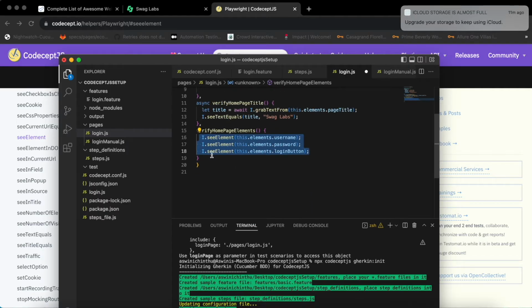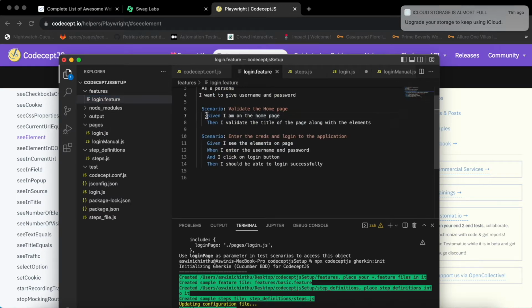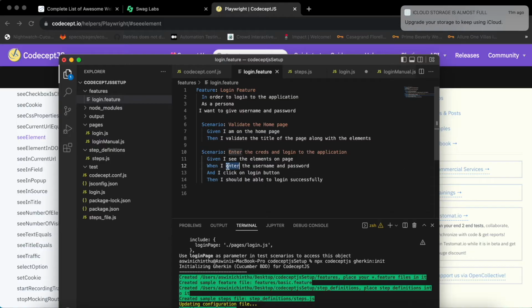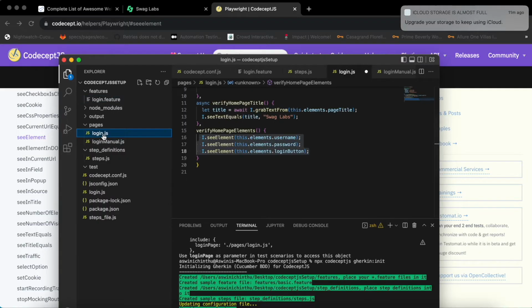Okay, and here, till here we have completed, and then this one, I see the elements on the page. I think this particular step is not needed, as we are validating everything here. So we can just follow from here. Here I have written: when I enter the username and password. So now we need a function to enter the username and password. So here we can give enter